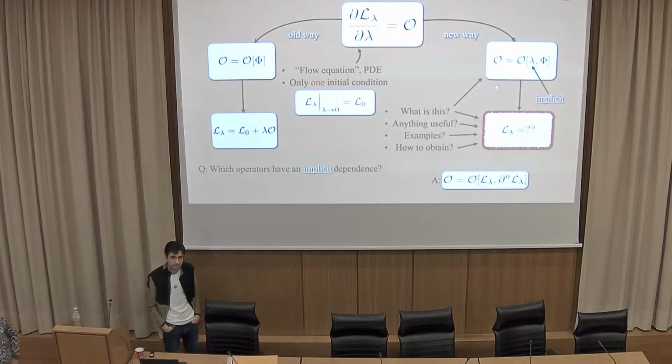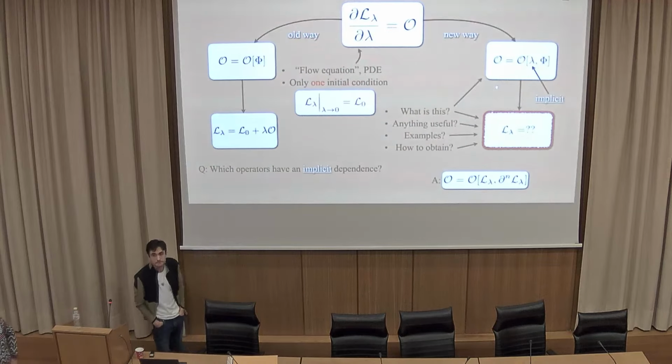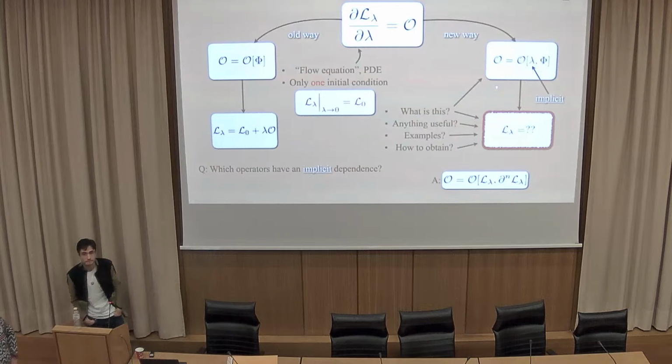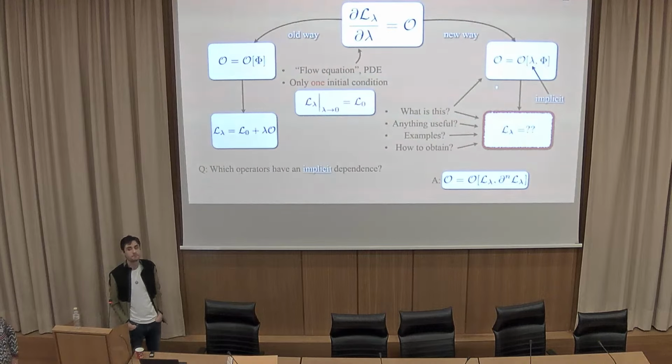So why? It's a mathematical curiosity at this level. Typically we have parameters in the Lagrangian, and then we deform the Lagrangian that we have with a parameter plus an operator that depends on P. Yeah, that's the old way. So I have some intuition about it. It's the parameter of the theory. Yeah, exactly. So that's the old way.